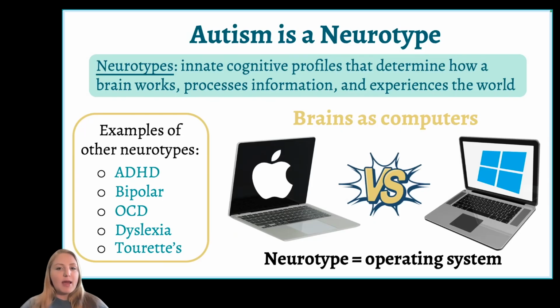So, in the same way that a Mac isn't just a broken PC, none of these operating systems or neurotypes are inherently better or worse. They're just different and optimized for different conditions. And just like with specialized computers, difficulties can arise when forced to operate in environments designed for different systems or brains. So, all of this to say that autistic brains aren't broken or wrong, but rather just different, and that comes with different strengths and styles.